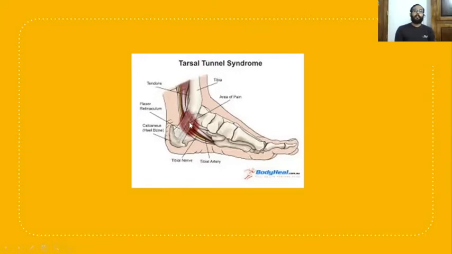Due to this compression, the patient felt numbness to the toe, first and second toe respectively, and there may be a chance of history of diabetes mellitus and hypothyroidism. And for the diagnosis, we can use Tinel sign. Tinel sign is tapping just beneath the medial malleolus gives the diagnosis. The patient felt all the symptoms on tapping just beneath the medial malleolus. Here is the area of entrapment.